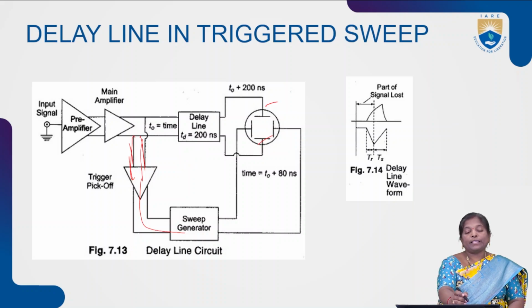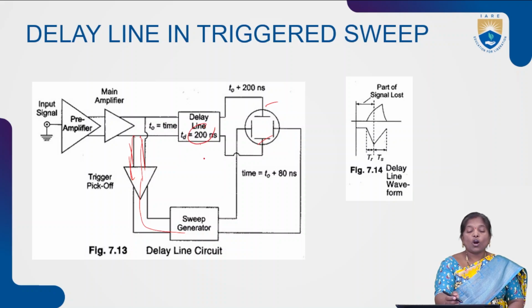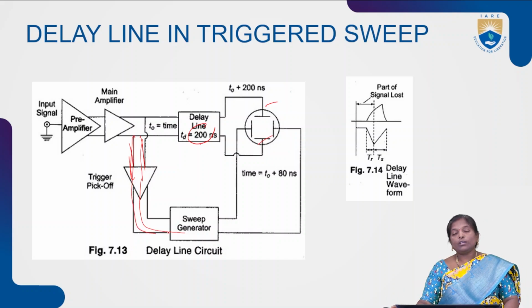So whenever we apply the input signal to the delay line with a delay of 200 nanoseconds, within this time duration, the output coming from the main amplifier is given to the triggering circuit. From the triggering circuit, we apply that to the sweep generator. Then the sweep signal will be generated and applied to the horizontal amplifier. In this horizontal amplifier section, the horizontal amplifier will take the sweep signal